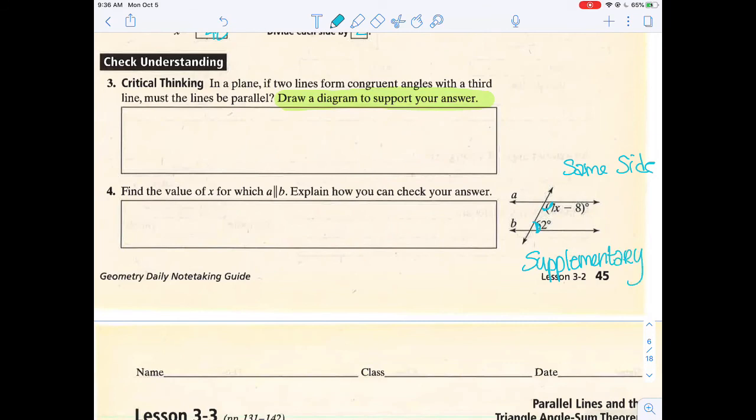Okay, so go ahead and work on those check for understanding problems. Make sure you're getting them checked with me. And if you have questions, make sure you're